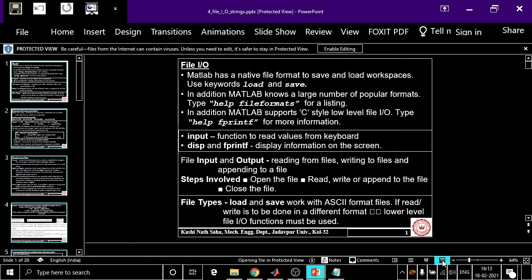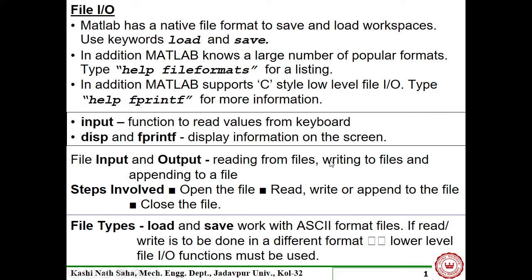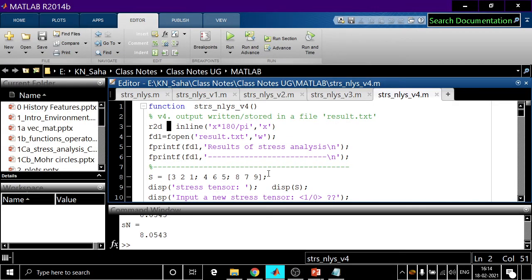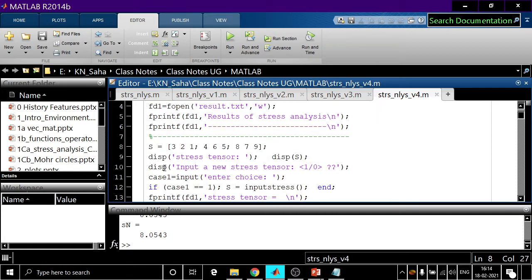So here you see, so far what we have used is basically this disp, the display function, and we have also used this input function to read something from our user. So if we go here, we will see we have used this display to display this stress tensor, and there is this input function here.